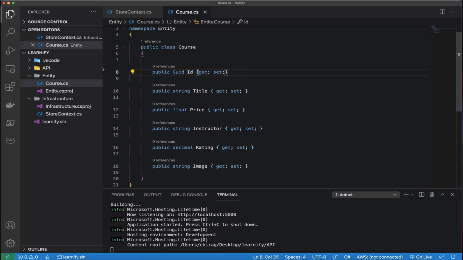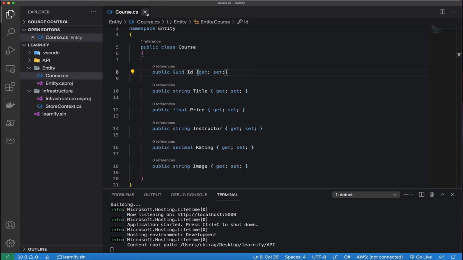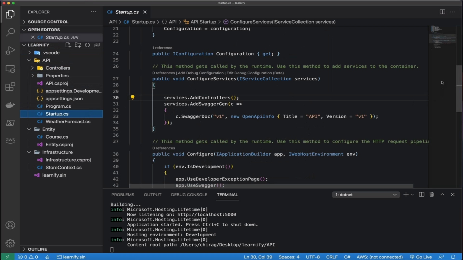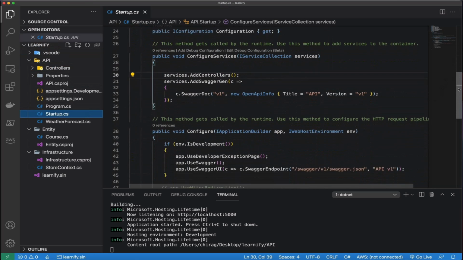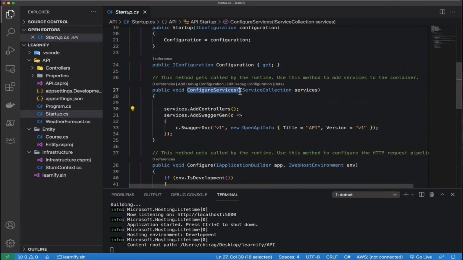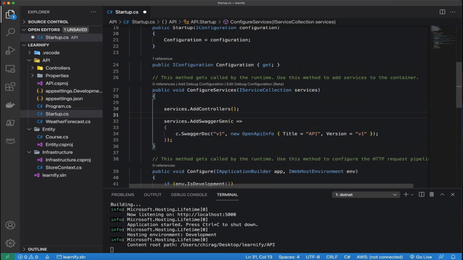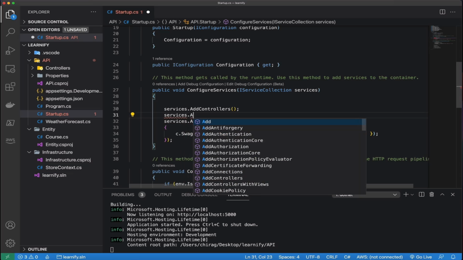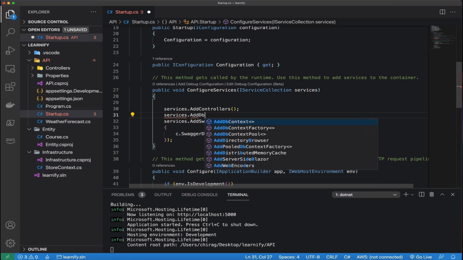Now, moving on, you remember the configure services method in the startup class? We need to register the database service in our startup class so that it's available from any project. Let's go back to our startup class, go inside the configure services method. This is where we need to register our DB context. Entity Framework gives a method to add a database. So let's type